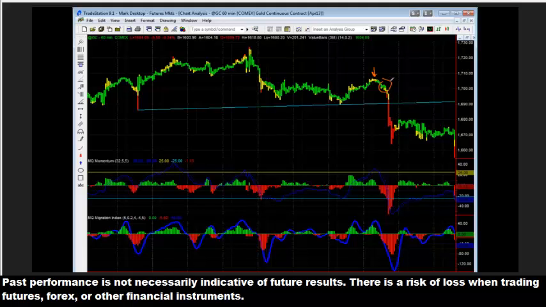I think I actually got in short. It was maybe around 1697. Because I was anticipating, I felt fairly confident that we were going to test that trend line. So I thought this was kind of all behavior that could have been, I was thinking actually, at one point in time we might find some support down here.